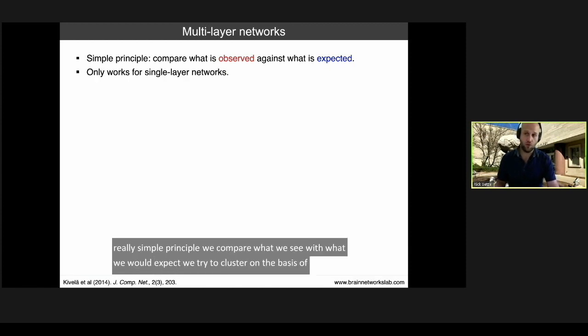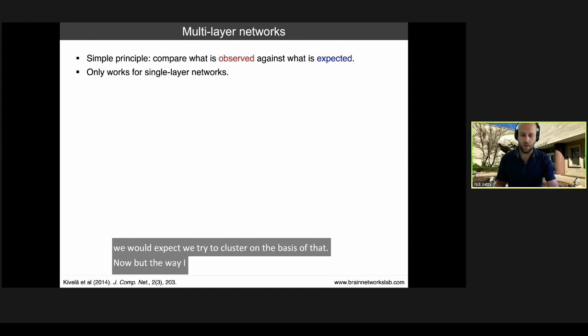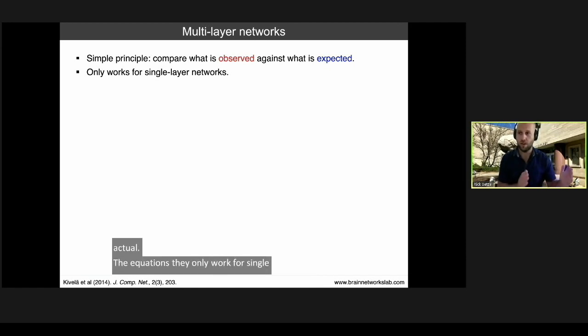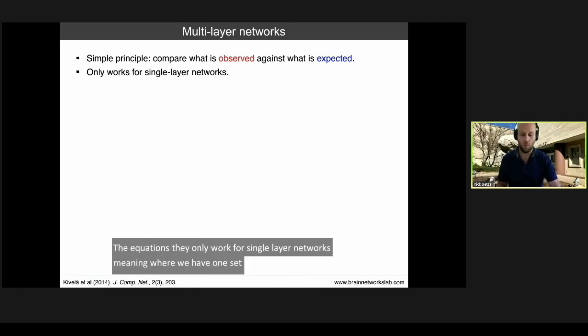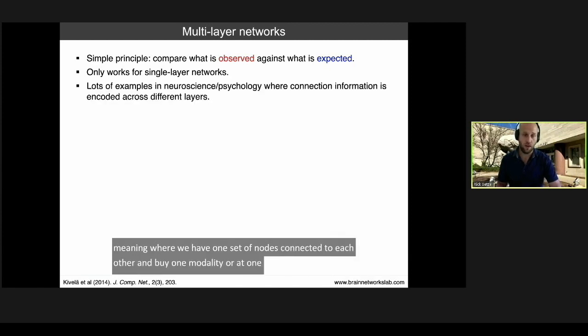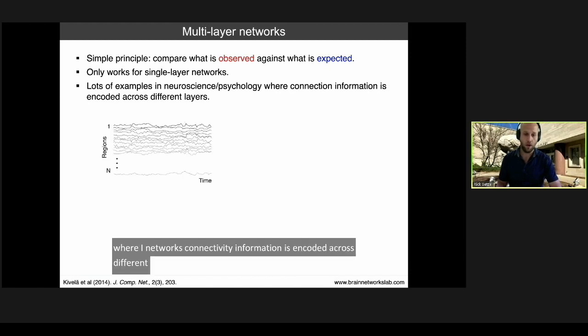Now, the way I described this to you previously, the equations only work for single-layer networks, meaning we have one set of nodes connected to each other by one modality or at one point in time. But there are lots of examples in neuroscience and psychology where a network's connectivity information is encoded across different layers, right? So one common way that we can consider a multi-layer network is by thinking about dynamic or time-varying connectivity,